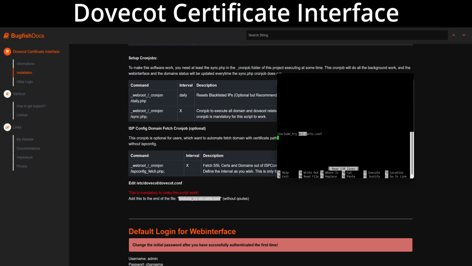When the Dovecot certificate interface software which you installed has generated this file, in this file there will be different information for SSL, certificate, and domain relations, which you don't need. You can ignore them because my system will take care of it and you can see it all in my interface. So if you have made this setting, you have uploaded the files to your document root folder, you have made your changes to the settings.php file, and you have included this line here in your dovecot.conf file,